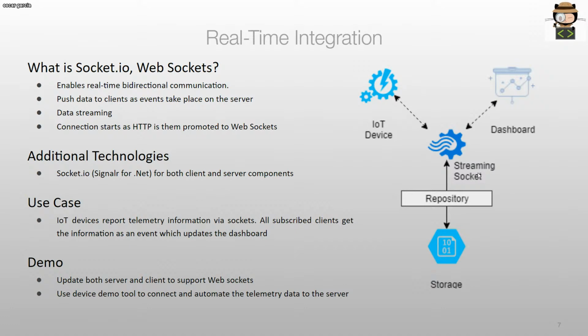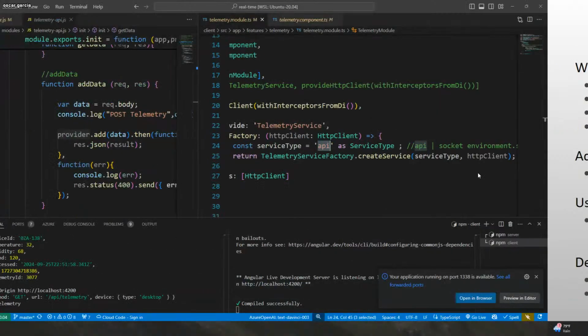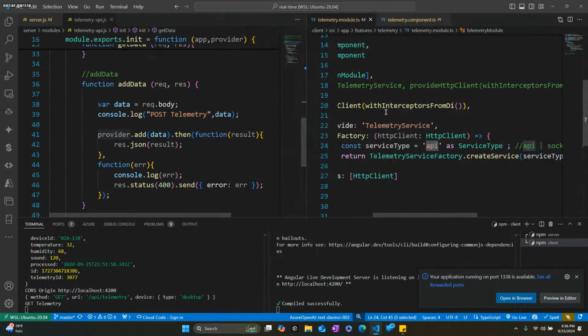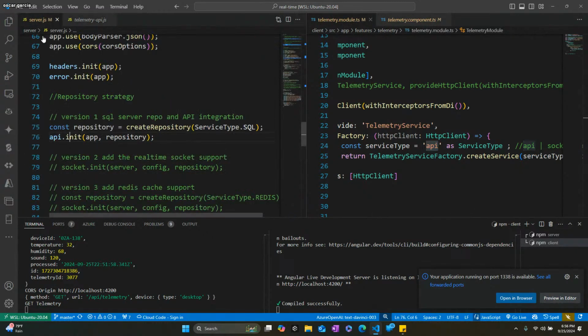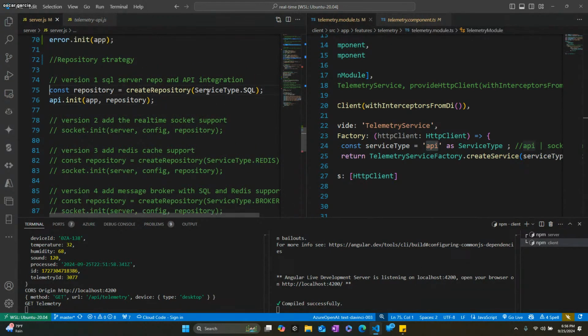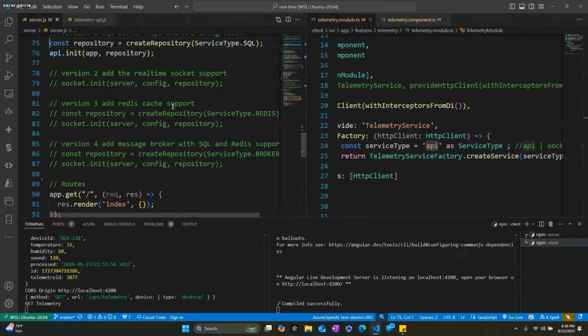So the use case here is that we don't want to be refreshing our page. We don't want to be just reloading. We want to be able to use a socket implementation to address this. So how do we do that? All right, we go back to the code, and we talked about the service types that we want to work with. If you go back to the server now, instead of using an API layer,